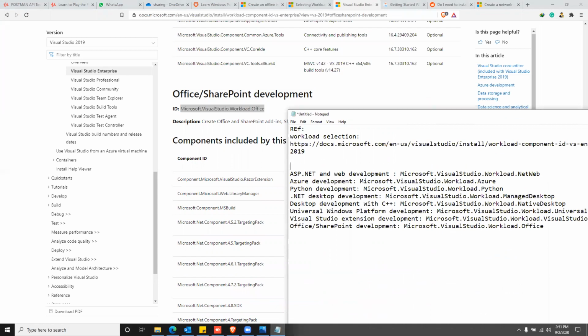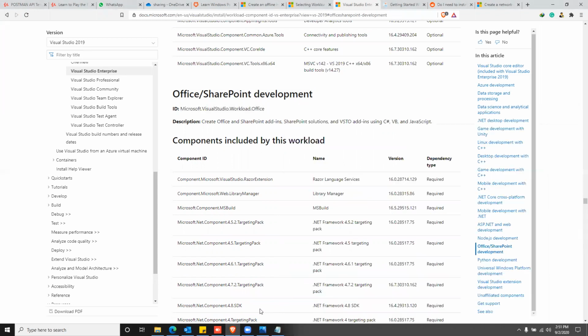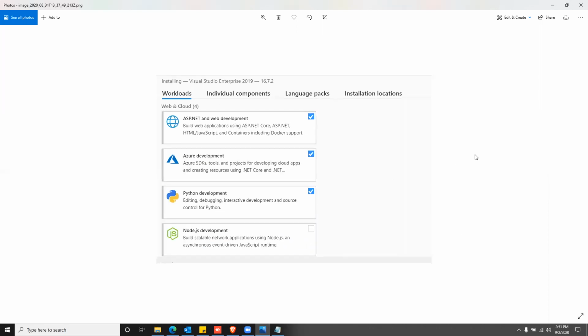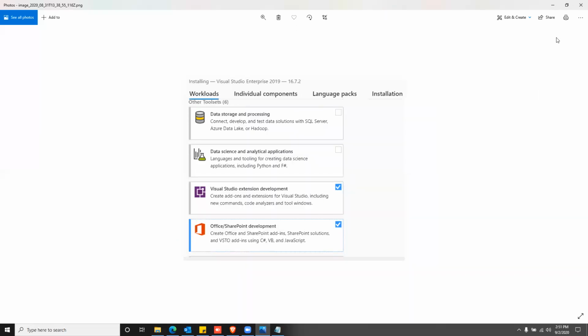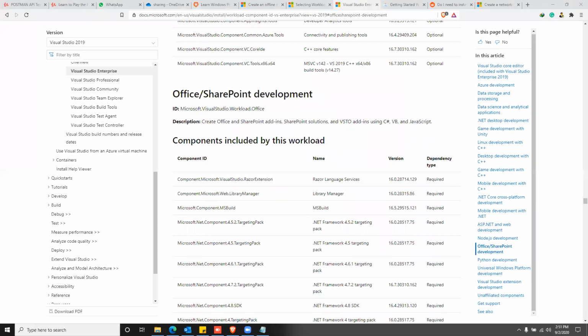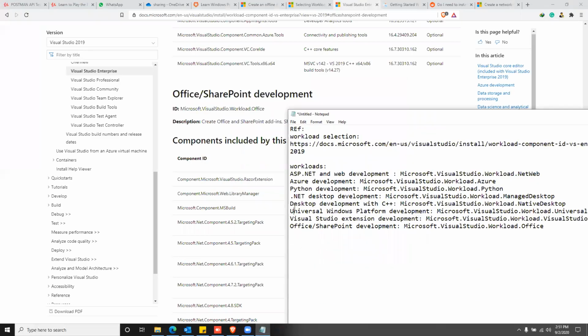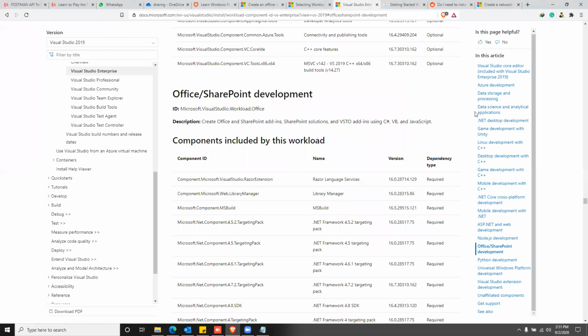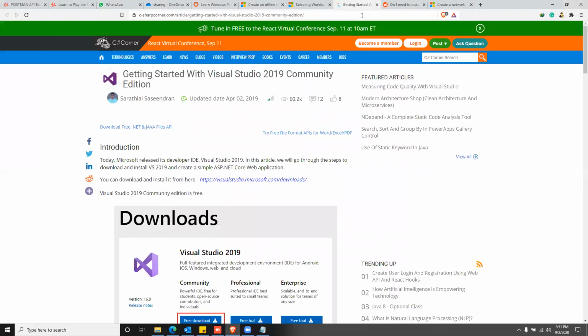The workloads: 1, 2, 3, 4, 5, 6, 7, 8. These are the workloads selected by the customer to be installed on his machine. That's fine. Now this is not required now. Our workload selection is completed. Now let's go to,